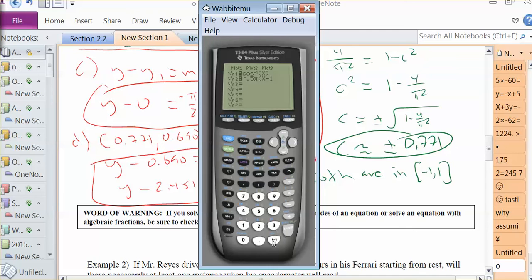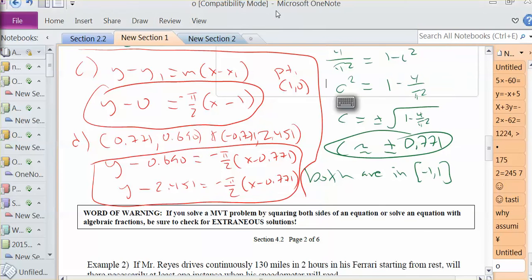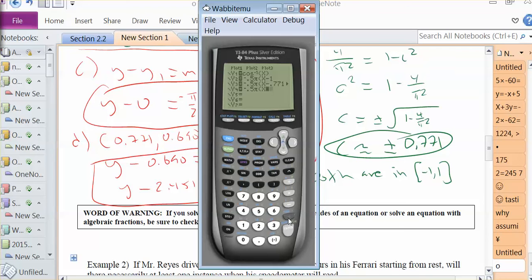And then I'm going to graph negative 0.5 pi x minus 0.771. That'll be plus 0.690 because I have to move that y coordinate over to the other side. And of course, negative 0.5 pi. Hopefully you can keep up if you're doing this on your own. Oops, that's supposed to be... Notice I just made a mistake. That's supposed to be plus. So how do we graph this? Let's check our work. Okay. Because minus negative 0.771. Hopefully, a few minutes ago someone was yelling at the screen while I was making a mistake. Plus